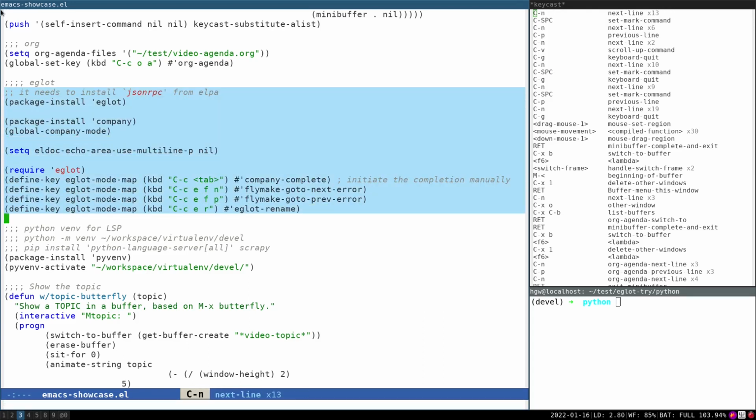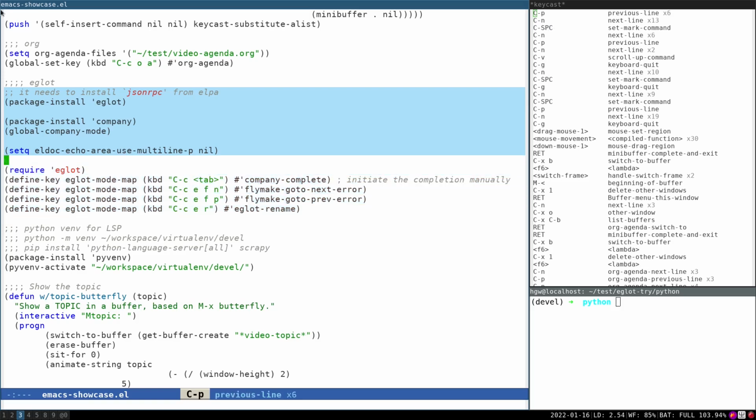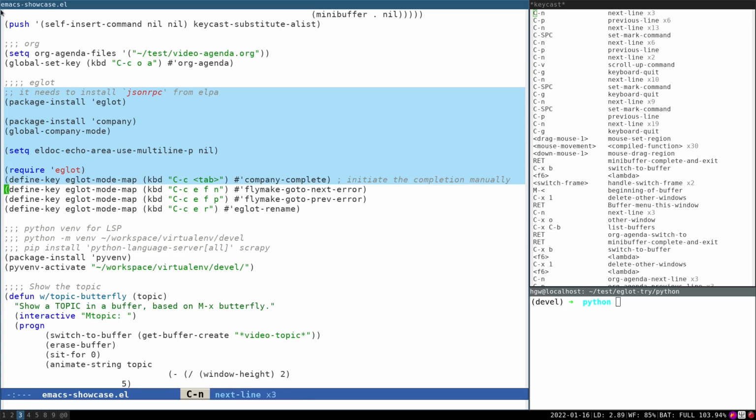Install Eglot, install a company package for better auto-completion, and disable the multi-line echo of eldoc by setting this variable to nil. If you don't do that, the height of the echo area will change frequently and distract you. And then define a few key bindings for Eglot related packages to save typing.